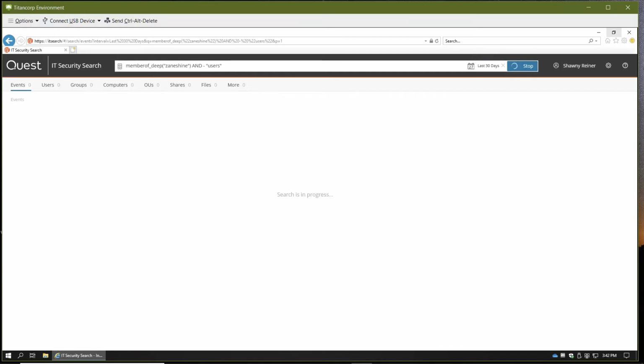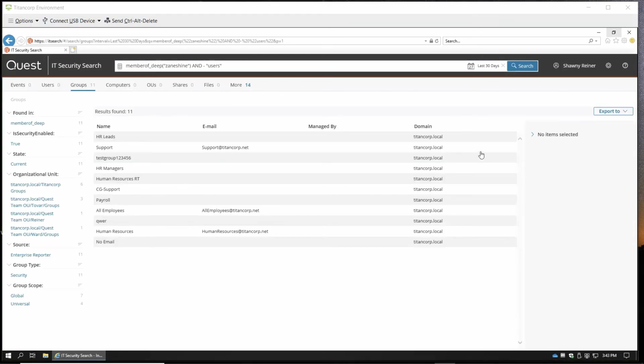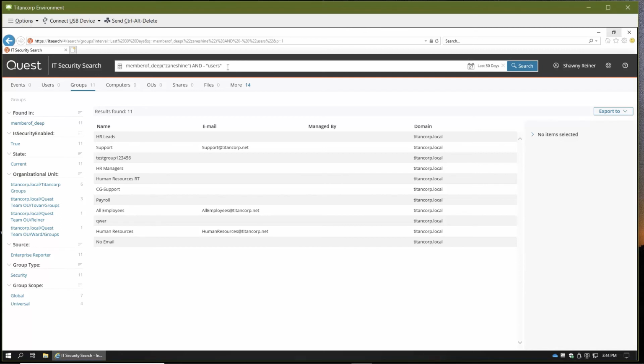So as we wait for that to pop, what we're interested in looking for are Zane's groups, both indirect and direct. And we can see here's the HR Managers that he's an indirect member of, and here's HR Leads, which he's a direct member of. And now it would be a fairly simple task of comparing this list of Zane's group memberships to the list of nested groups in HR Managers to find out the how. Now that we know the how, we need to simply find the what and the when, and that's a very easy search of Zane again, just his username and the time frame.